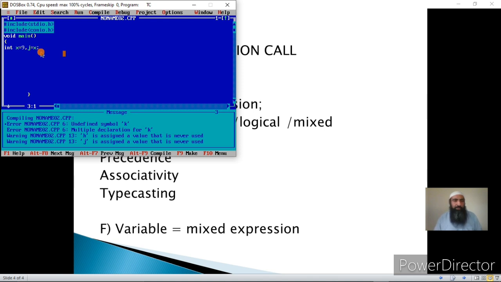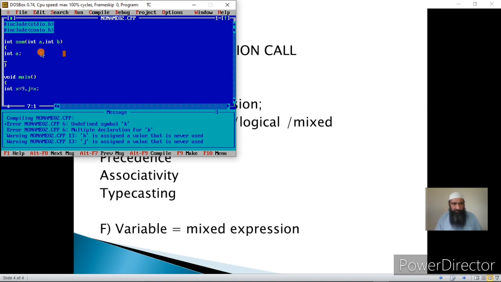First I have to create a function. I have already discussed in a previous lecture what a function is. I create a function which returns an integer value. It does the sum of two numbers. So I use the declarator like this, int a comma int b. It has two variables, two formal arguments a and b. Now it will add these two arguments and store the answer in a.